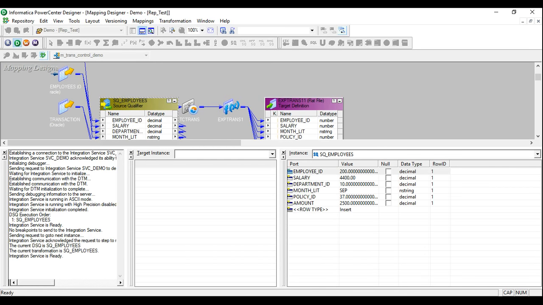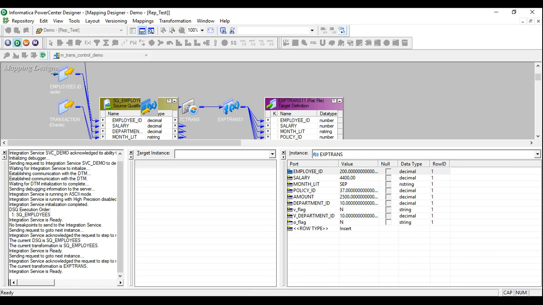So as you have noticed, we have ordered the data using department ID. So the very first record that we have is a sale that's being done by employee 200 that belongs to the department 10. When it goes to the expression transformation, the input ports are loaded first. The input ports are loaded first. Now, if you remember, the condition in the flag is, this will be calculated first, that if my variable department is blank as of now.